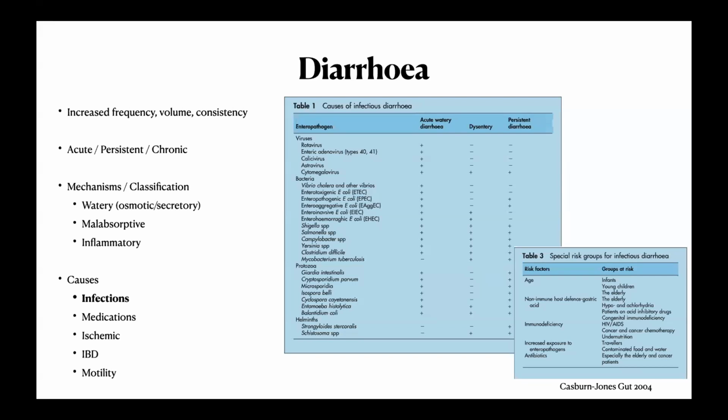And of course, not to forget some of our parasitic causes, as well as rarely some worms being a cause of acute diarrhea. It's also important to bear in mind some of the specific risk groups. Of course, we do know those who are at high risk are those at extremes of ages. We know that immunodeficiency, particularly in our context, HIV infection, is also a risk, but also to remind of other scenarios